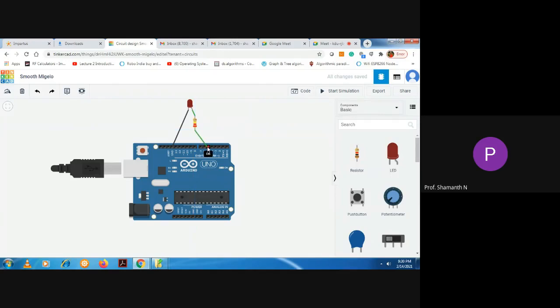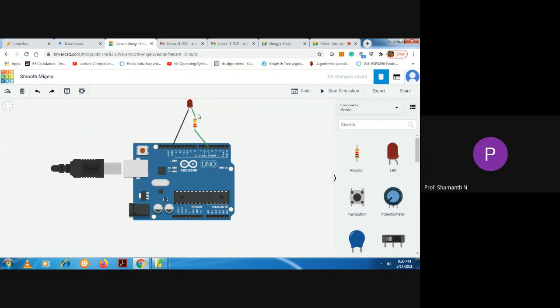You can connect to any pin from pin number 2 to pin number 13. I am selecting pin number 5. Once the red square appears on pin number 5, right click on it. Now the wire has been connected. So pin number 5 has been connected to the resistor.